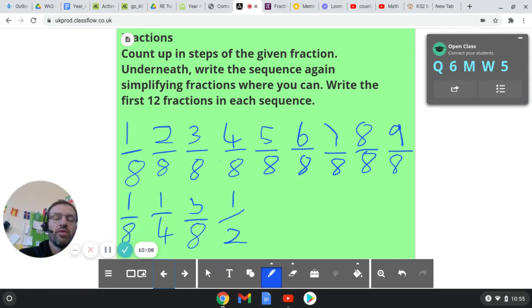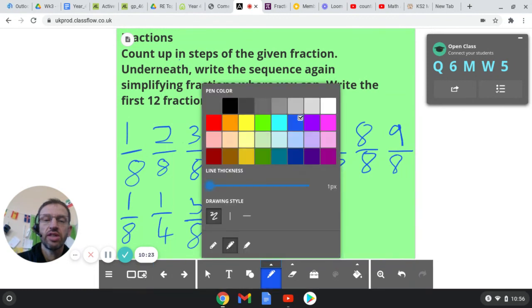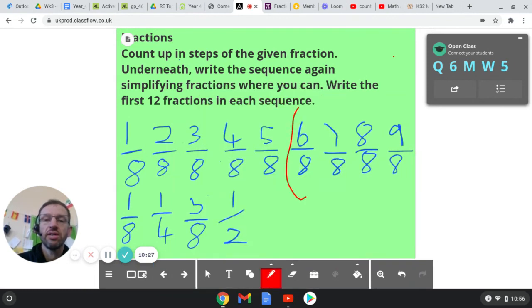Yeah. If we're simplifying fractions, we are going to be dividing them. We've got to divide the numerator and the denominator by the same thing. So let's take as an example our 6/8. Okay, so I've got 6/8 here, and I want to see if I can simplify that